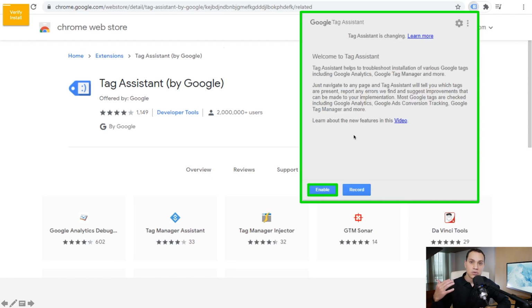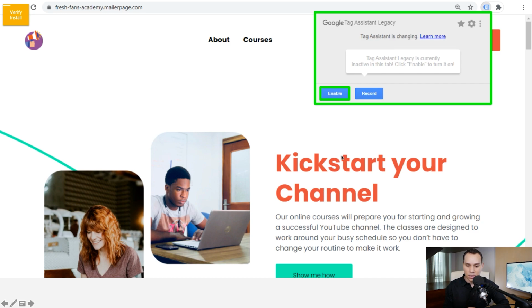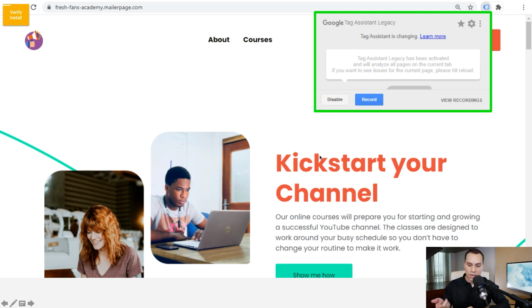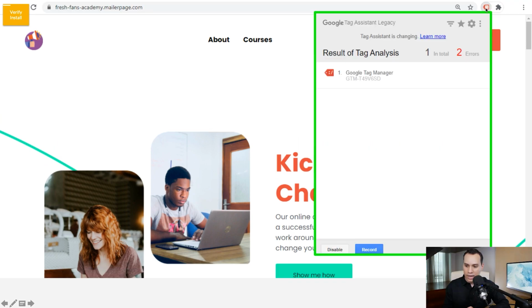And then when you go to your website or even other websites, it's not going to automatically load. So what you'll have to do is go to your website and click on the plugin icon and then click Enable, and then it will actually work. So here we are at a sample website, and this is our home page. And so what we need to do is click on Enable and then refresh the page. So we will refresh the page, and now we'll click on it again, and you'll see that we have a